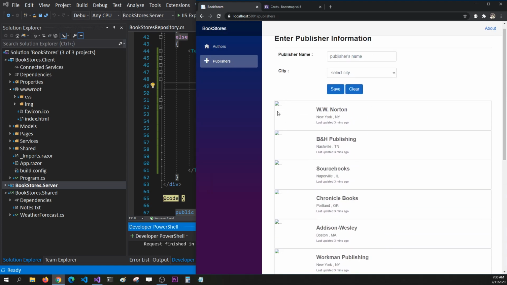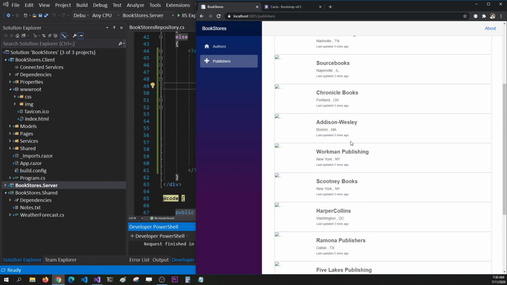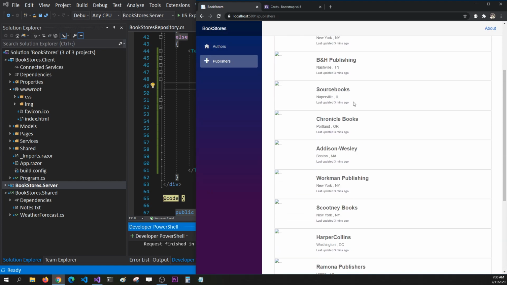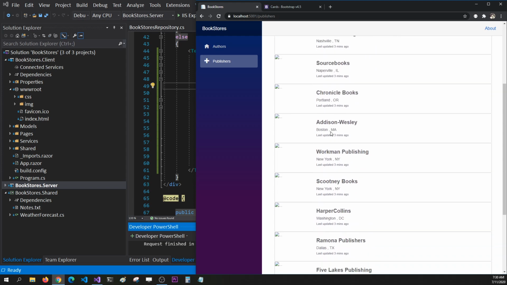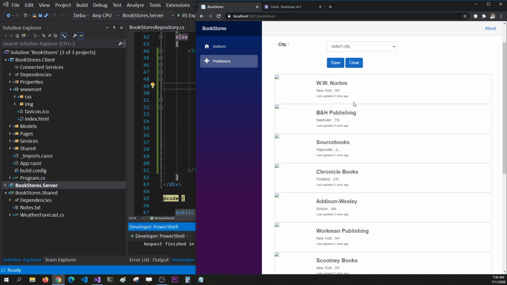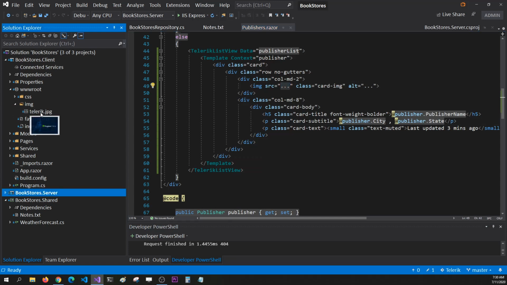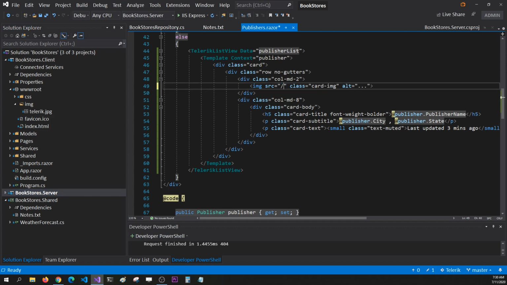This image is not showing because we don't have that image anymore right now, but we can set that image. So let's go ahead and set that image. But look at this, how nice my HTML block looks and how the list items are looking. So I'm going to go to my component and I'm going to set an image here. I already have an image, which is Telerik's image, and I can set this as image